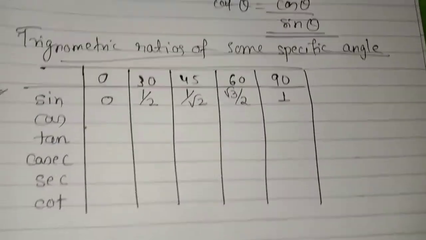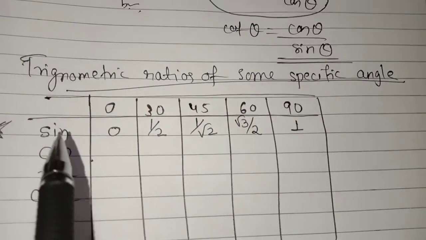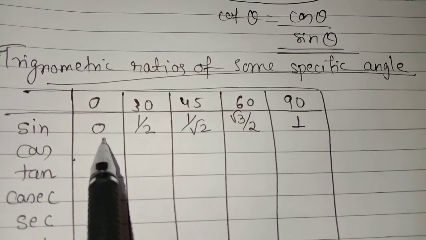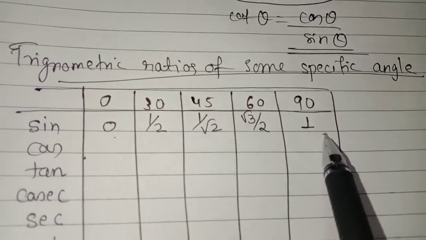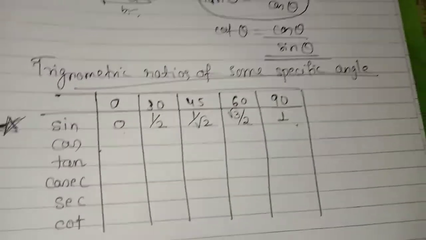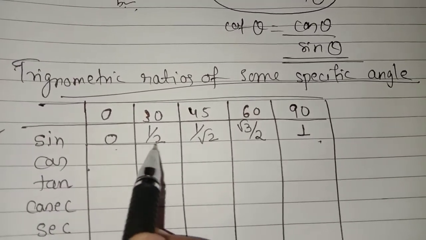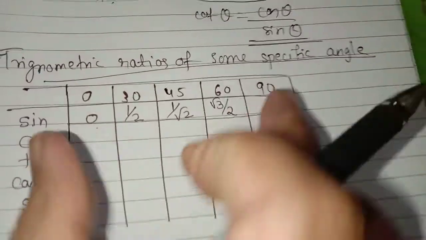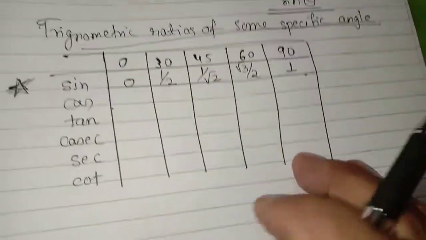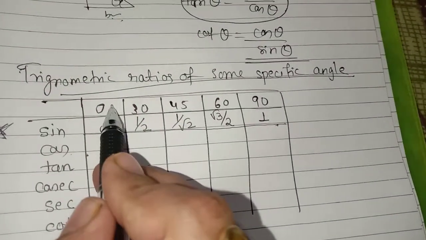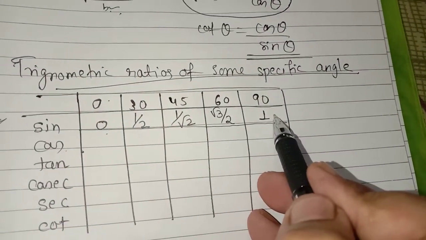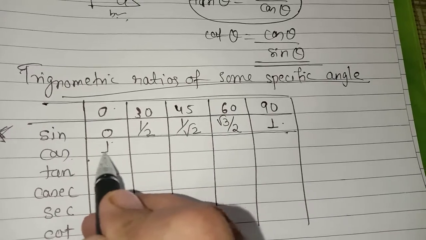Dear students, we do not have enough time, four to five months, I'm not sure how much time, but you are well eligible to memorize these values of sine. And why I'm giving more focus on sine only, because if I know all the values of sine, I can prepare the whole table. Okay? How? Let me explain you. Now cos 0, it is the value of sine 90. So I will write here 1.